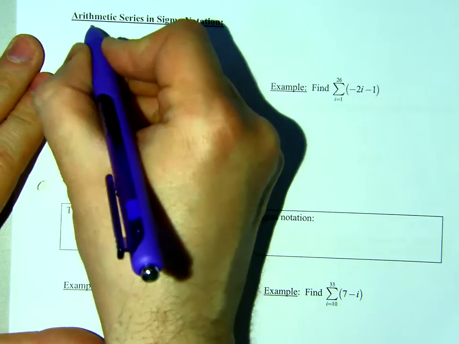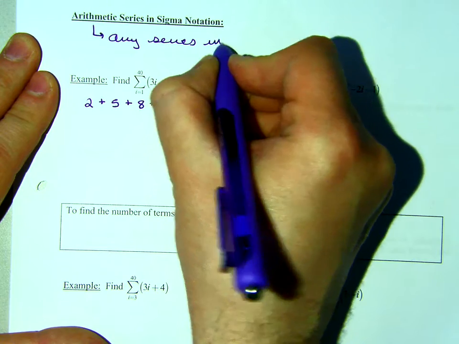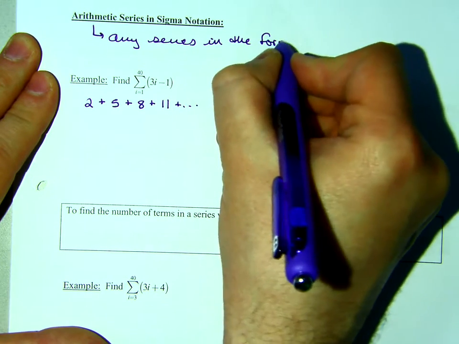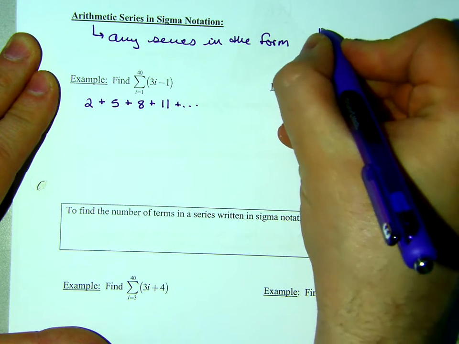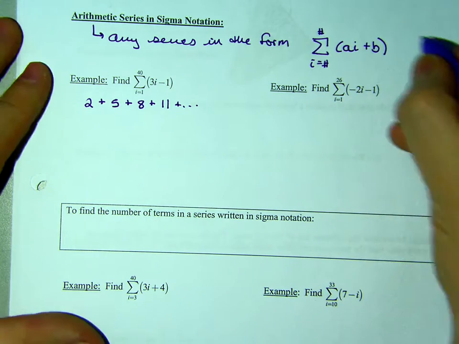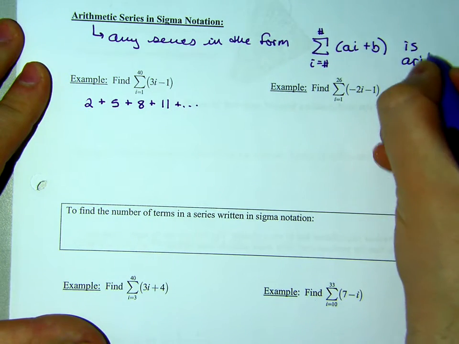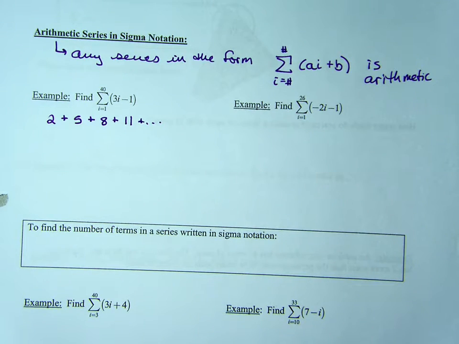Or to write this a little bit more formally, any series in the form the sum as i goes from some number to some other number of something like a times i plus b, or something like that, will be arithmetic. What I'm really trying to say here is if we don't have a square, don't have a cube, don't have a variable in the denominator, don't have a variable in the power. This is a terrible way to say it, but if it looks simple inside the sigma,